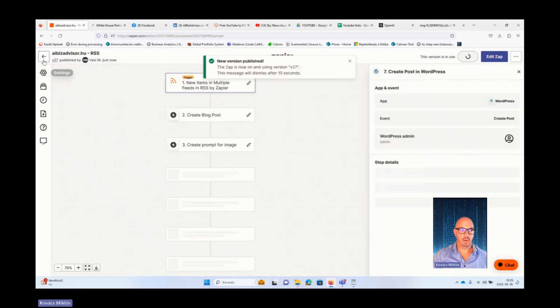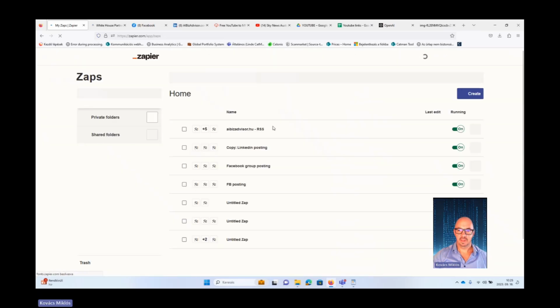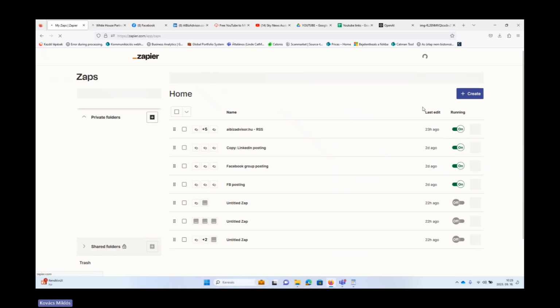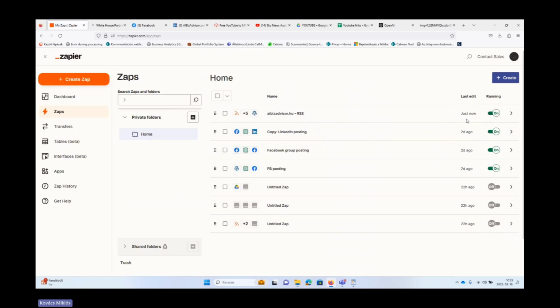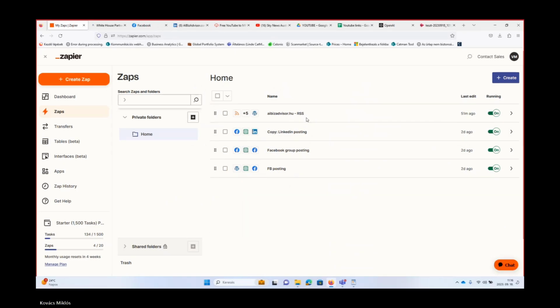So from now on, if this Zap is on, because you can always switch on and switch off, basically it will start generating the content for you. So now we created our first Zap flow to auto-generate blog post based on RSS feed.